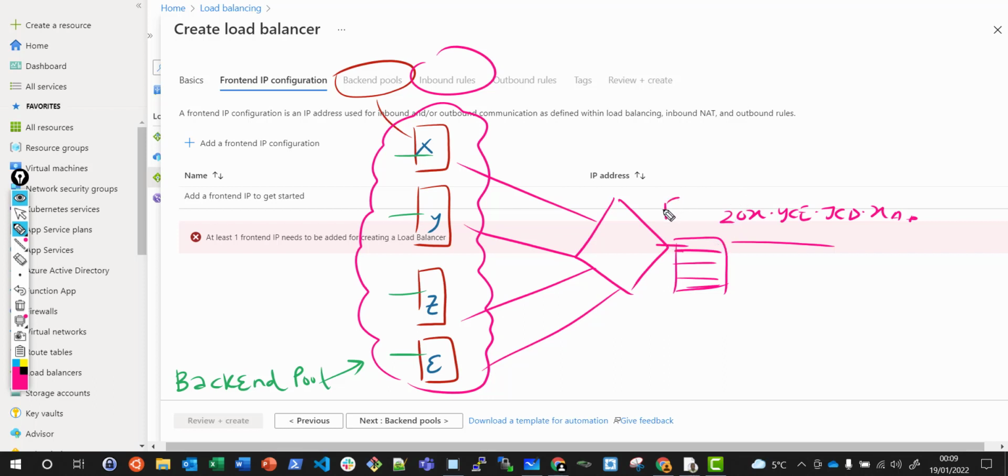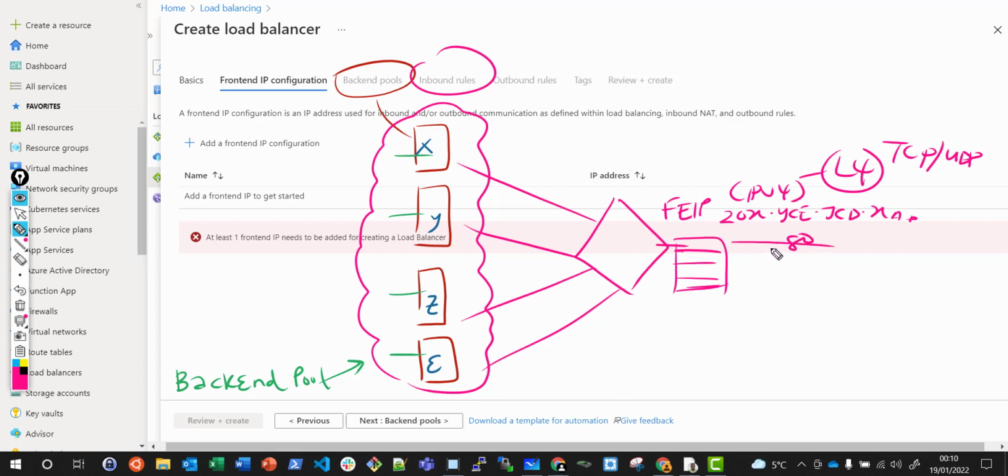So the front-end IP address, which is an IPv4, when traffic is hitting here, of course, as you know, it's layer 4. So it's going to check the TCP or the UDP and see the port number. So the load balancing inbound rules will say, okay, if you're port 80,